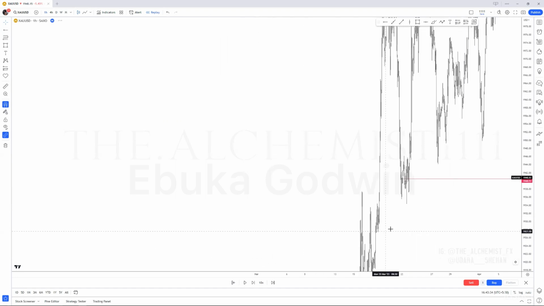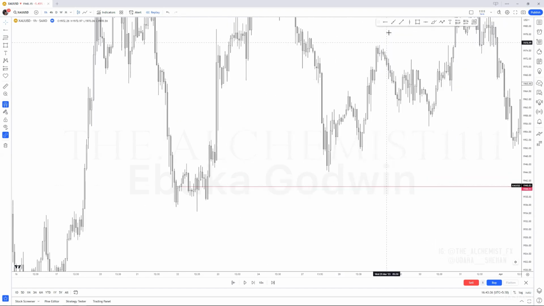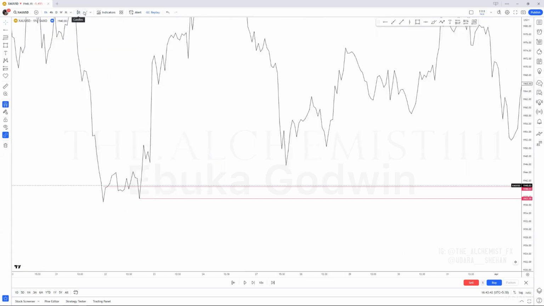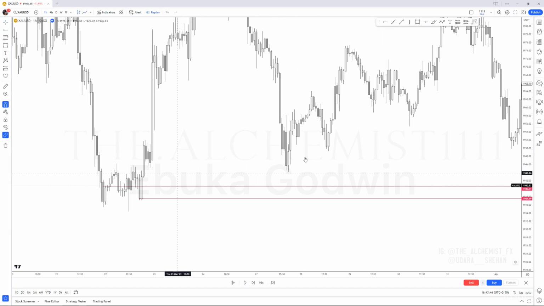The last resort. In here, what's the last resort we had? We had a support that was never used. See that? H1 support. Now you might wonder, why didn't we use this? We don't have to use this, right? Because we always choose zones, first of all, from the higher time frame. So this is where the daily zone was. And then we do a little refinement of it into the H1 zone.